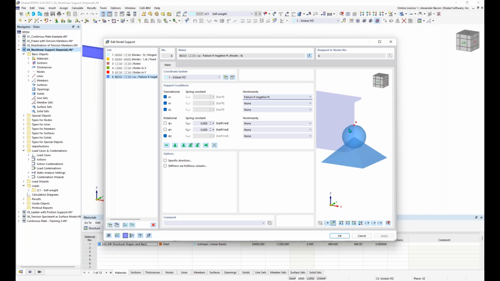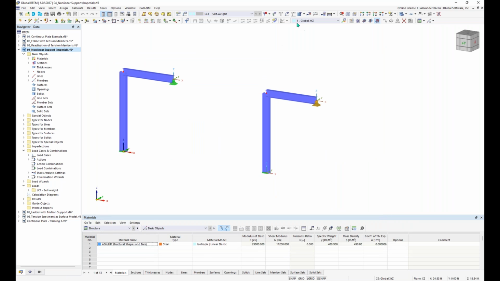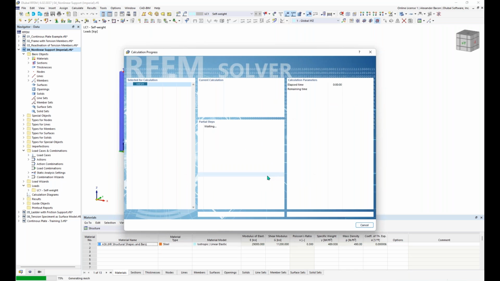And that means if this node here experiences a negative force on it, then it will fail. So if we click OK again, and I turn on my loading, you can see that I added the same loads here to each side. And if I run the results, click OK,